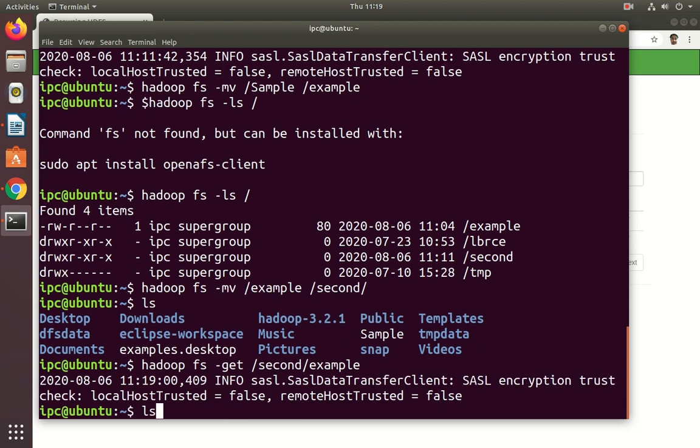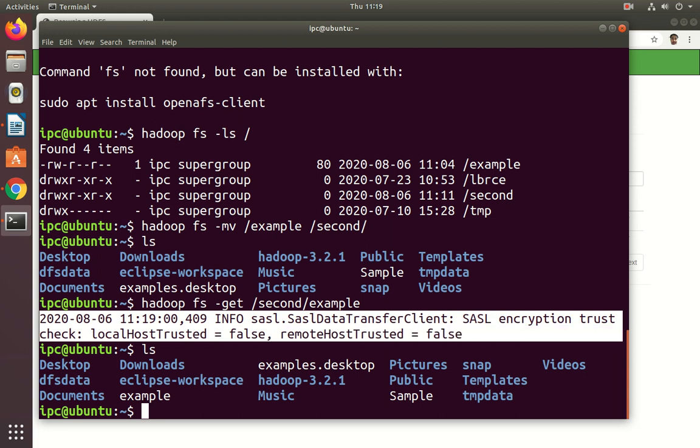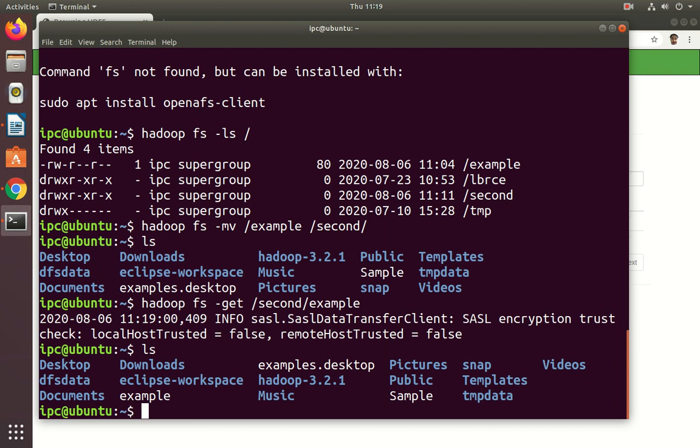Now simply type ls. See, in the previous case there is no example, only we had sample, but here example and sample. This example is fetched from Hadoop file system to local file system. You need not worry about this warning, just leave it. Okay, that is the get command.